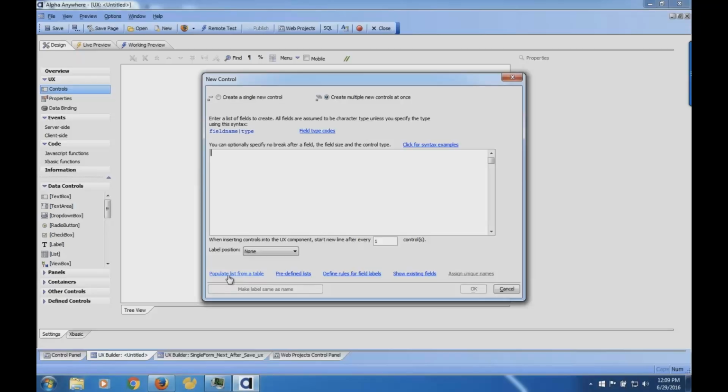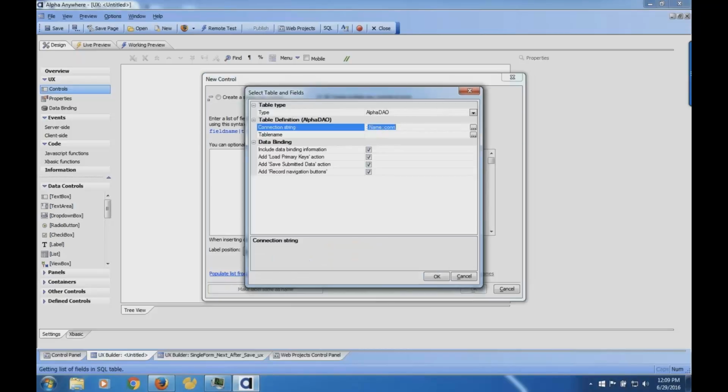So I can click on here, and it opens up a little Genie, and it's asking me, okay, where do you want to get, which table, which database are you connecting to for this? So I have my connection string, which I've already built. In this case, it's connecting to a SQL database. And once I've said, okay, I'm going to that SQL database, the next thing it's asking me is, well, okay, what table name? So I click there.